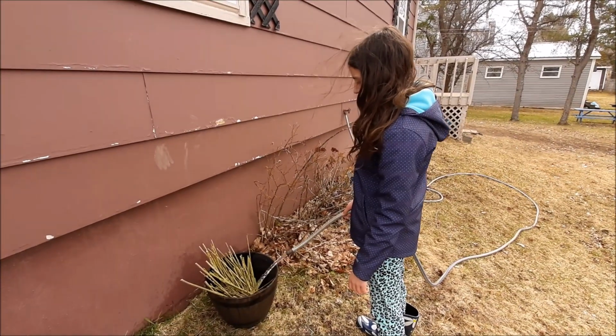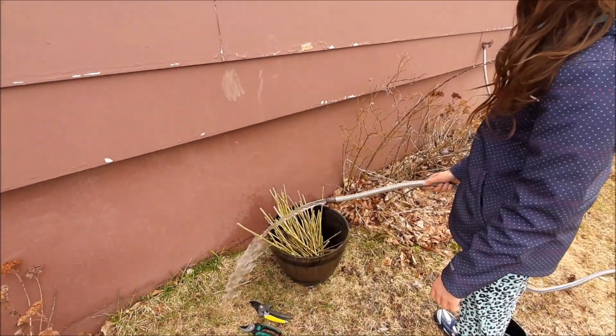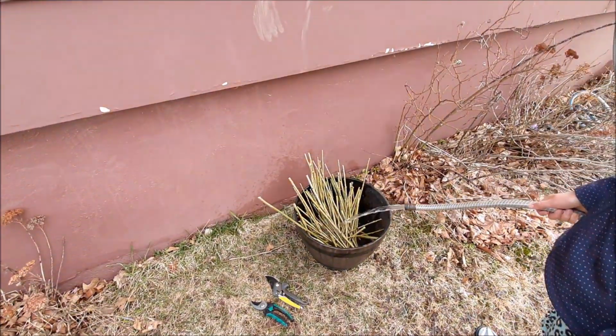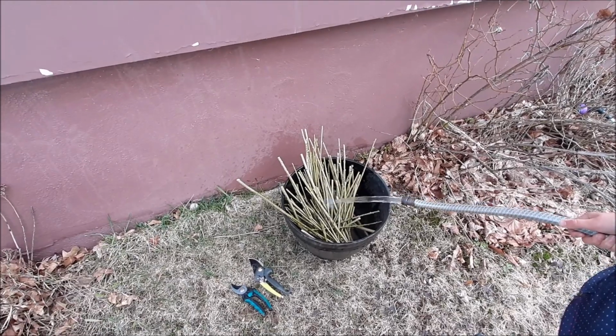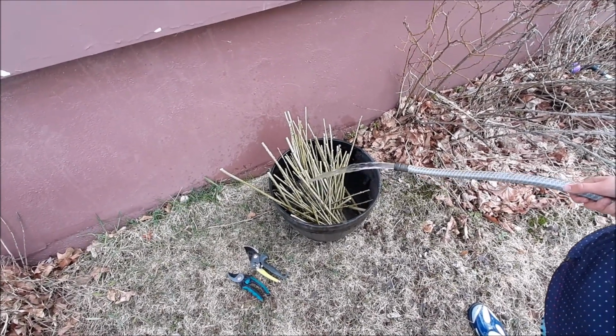So Shaylee's turned on the hose and she's putting some water on our willow. You don't need a whole lot of water on them. They just basically need to get at least one end of them wet so that they soak up the water. But we'll kind of fill that bucket